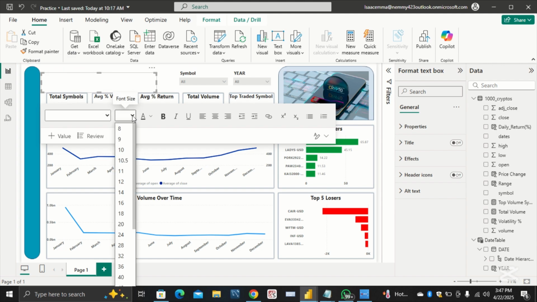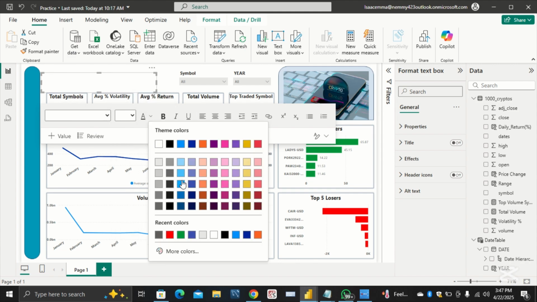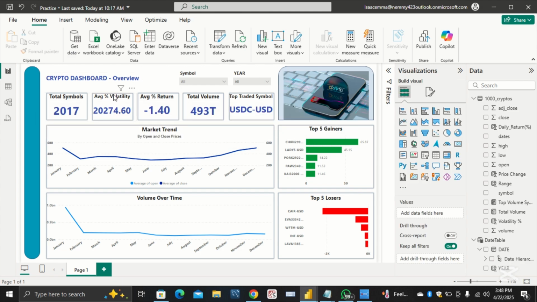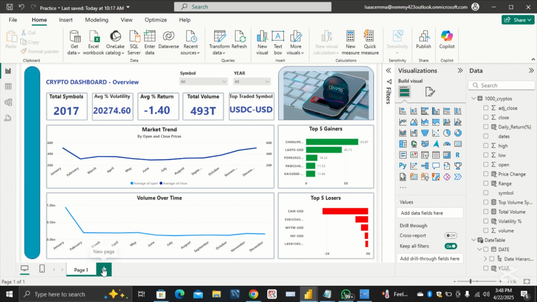16. So UI here, blue, bold, center. So now the crypto dashboard view. Good. Now we have to create the next